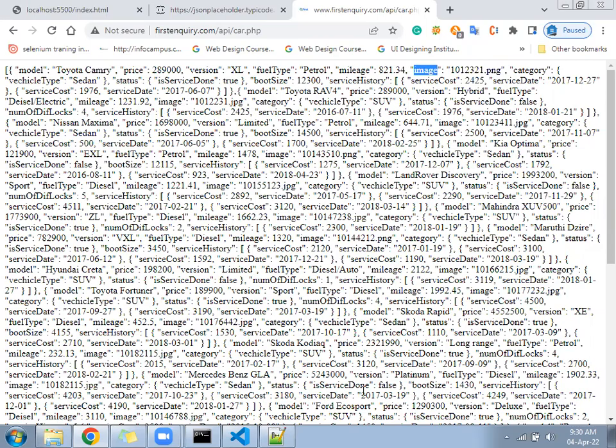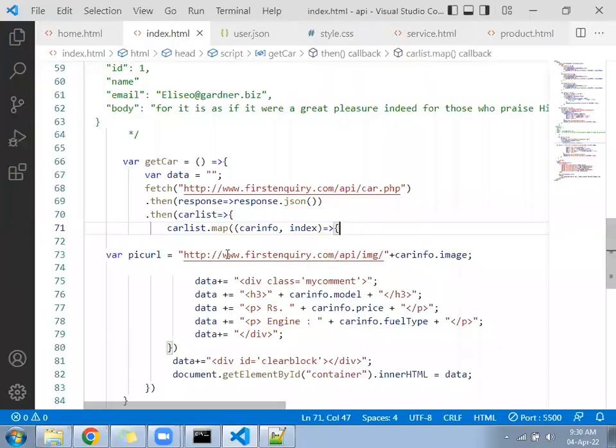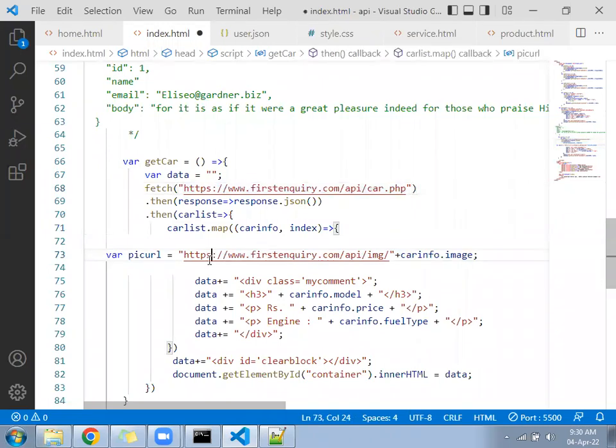So we made a solid URL here. You can see we made a solid URL with HTTP. It should be HTTPS. Both will work, but I will convert it to HTTPS. Then under the server there is an API folder, and under the API folder there is a file called